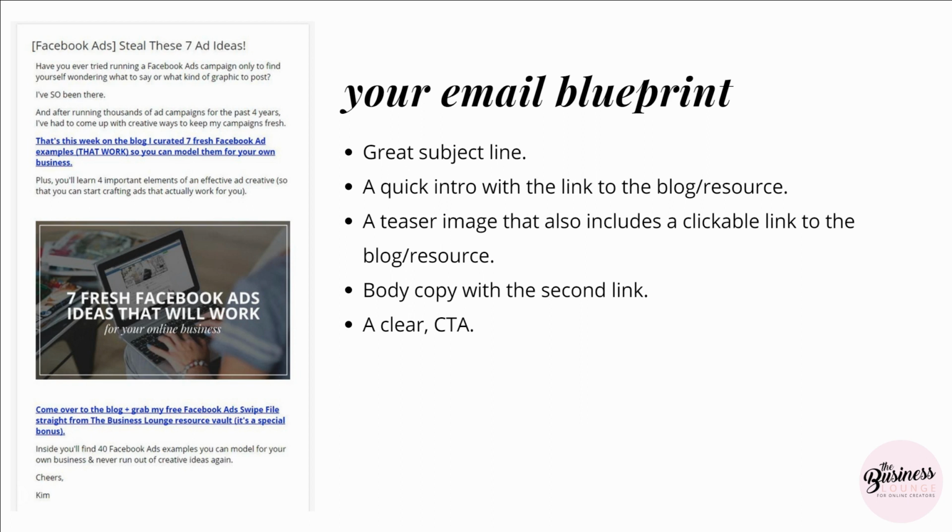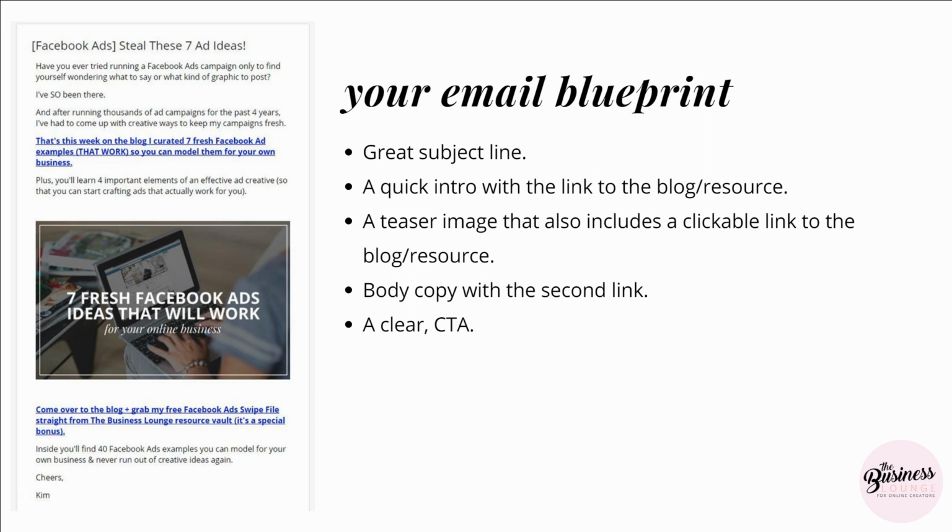The next section is you want to lead with a quick intro, and you want to include a link as soon as possible. Please use common sense with this. I don't mean lead with a link, but try to incorporate it at the top of the email as well as at the bottom. Depending on how your subscriber consumes your emails, if they're skimming through it, just scanning your email and they see the link multiple times, they're more likely to click. But if they're in a hurry and they only read the first couple lines, then you should have a link there so that they can go over and consume your content